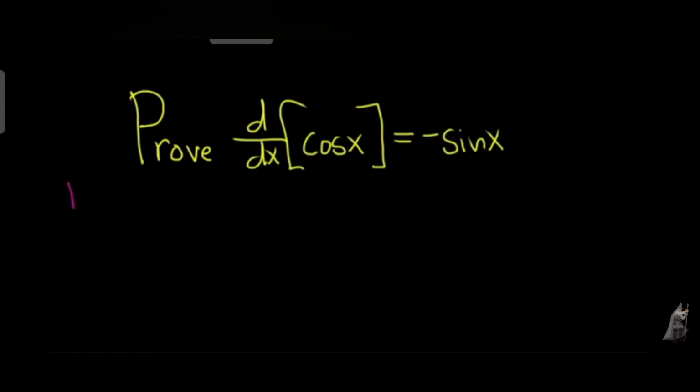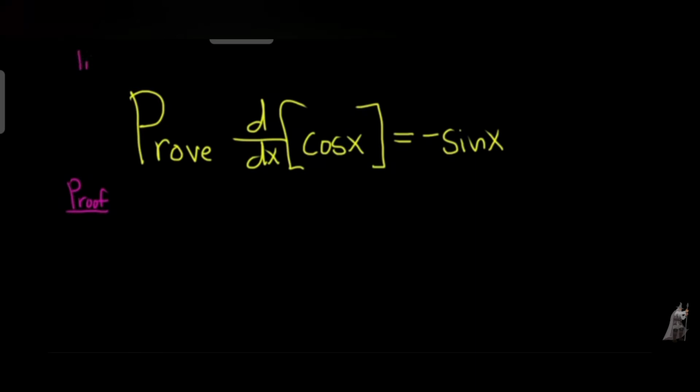Alright, in this video, I'm going to prove that the derivative of cosine is equal to negative sine. So, let's jump into it. Proof. To do the proof, we are just going to show that the derivative exists and that it's equal to negative